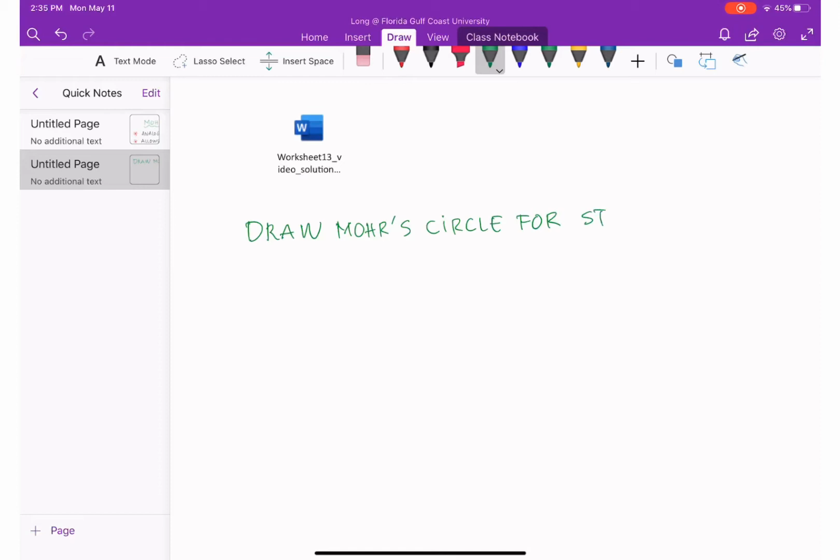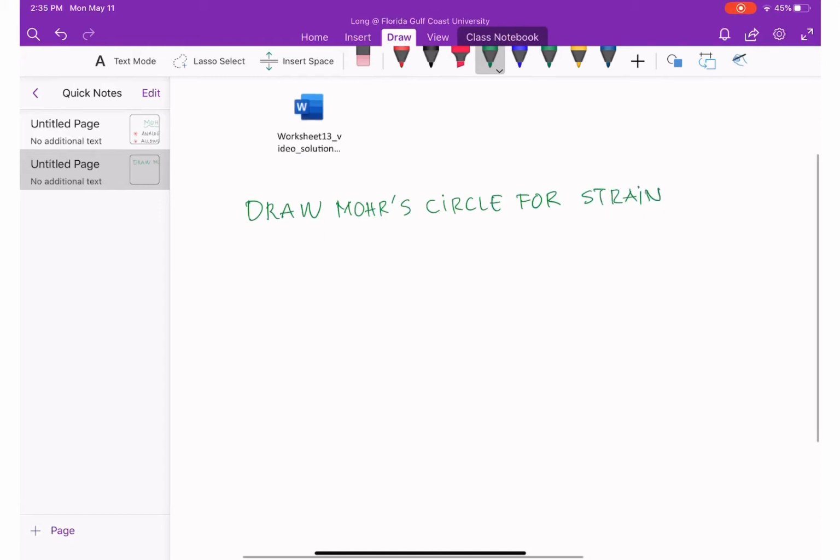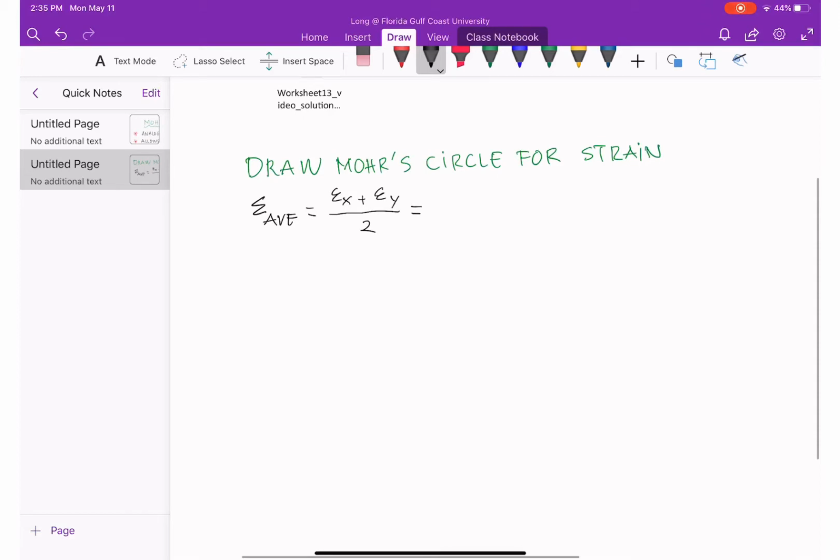To determine the Mohr's circle, we need to find the average strain for the center. As you can see, epsilon average is equal to epsilon x plus epsilon y over 2, and from the state of strain block we have epsilon x,